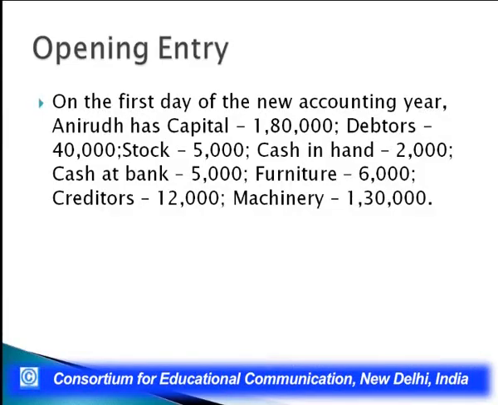So it's mandatory for a business to close books of account in one year, and that happens on the last day of one accounting year, and then in the next accounting year, on the first day, we begin with the opening